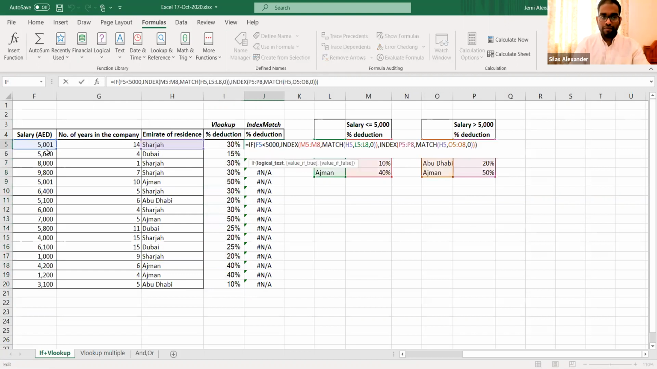The same thing we can do for index match also. F5 less than 5,000, we want that changing, but M5 to M8, we don't want that changing. So I'll just put an F4 there, and I'll just put an F4 there. Match H5 we want changing. We want L5 to L8 to not change. So L5 to L8. Index P5 to P8, which is here. We don't want